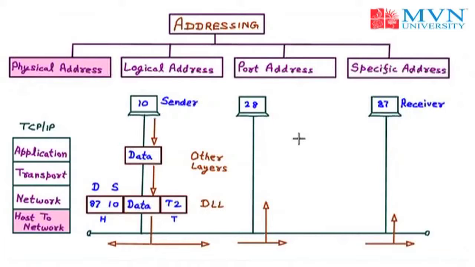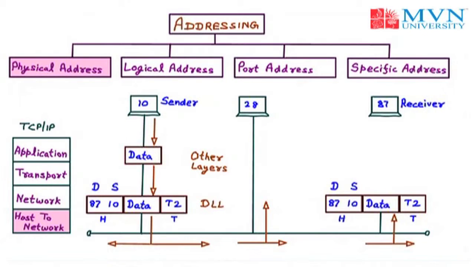At the data link layer, we will receive the particular frame with the header and the trailer. Now when it goes to the other layers, again the header will be discarded and the trailer will be discarded and we will be left with the data. Now we can understand the physical address with the help of this particular bus topology. You can see that with the other layers we have sent the data, and the data is put into particular